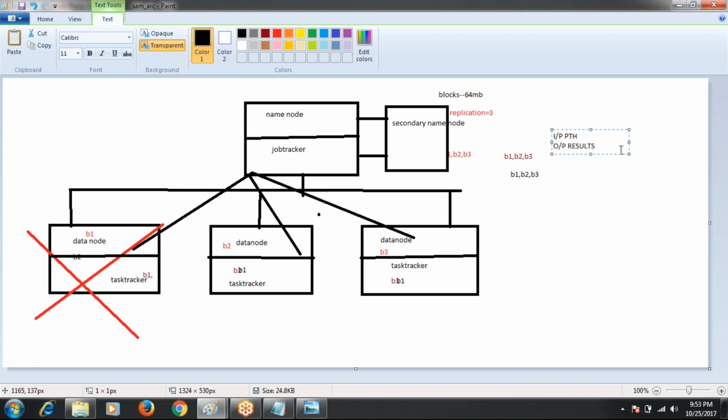Then job tracker immediately contacts the name node. Why? Because name node maintains the metadata information, and only name node knows where the data is available in the cluster, which block is available in which machine, and how much data each machine has. Everything exists in the name node.